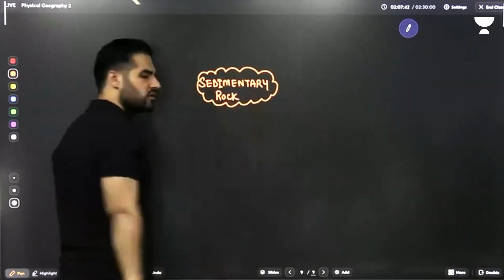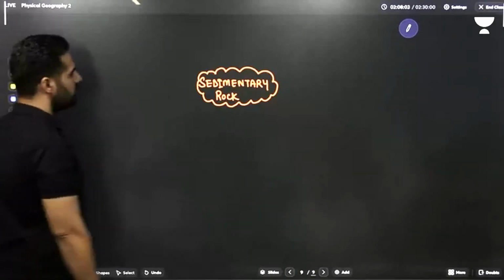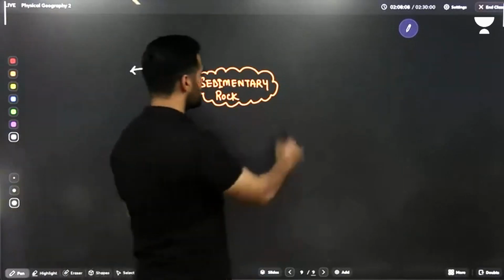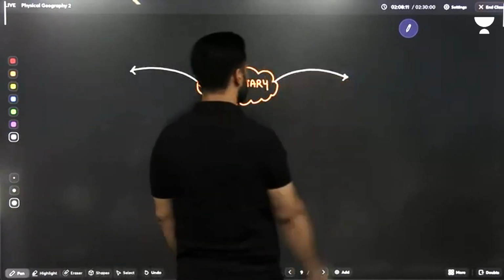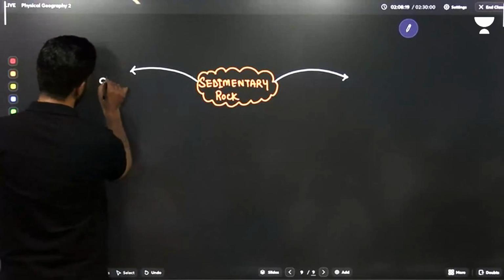Do I need to explain how sedimentary rocks are formed? We already discussed it yesterday. What did we study? Sedimentary rocks are formed by the depositional activities performed by the different agents of erosion. What process is involved? Lithification and diagenesis. That part is over. Shall I move to the next then? Now look here. When we talk about sedimentary rocks, we study them in two ways. It means we have to study their classification. What do we have to study? Classification. One classification